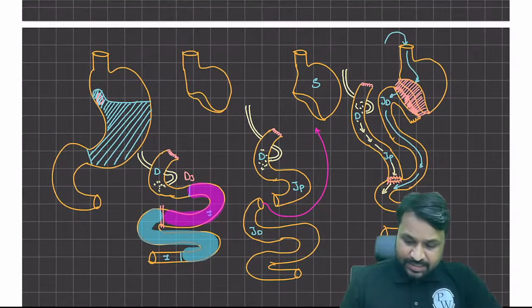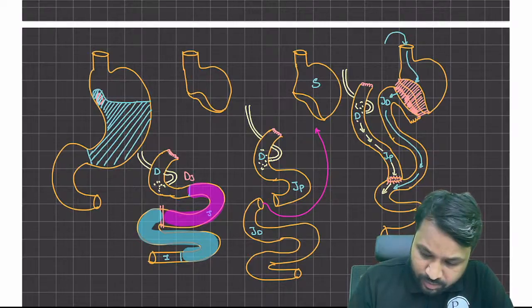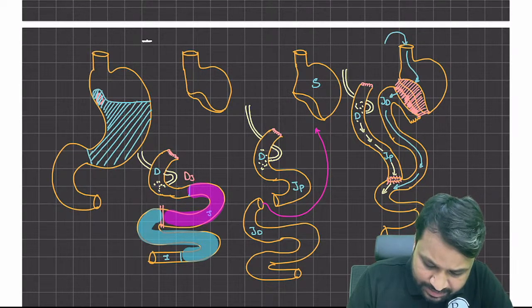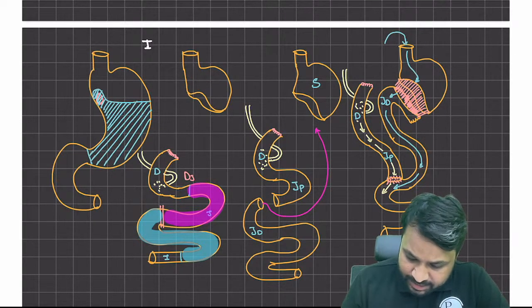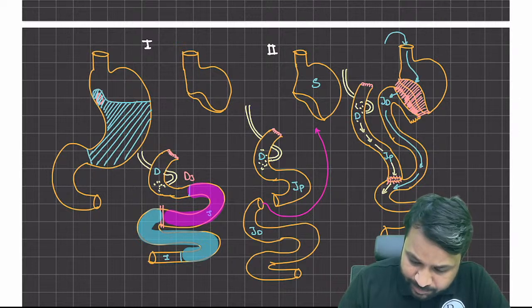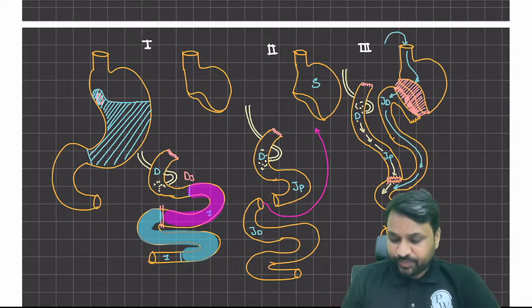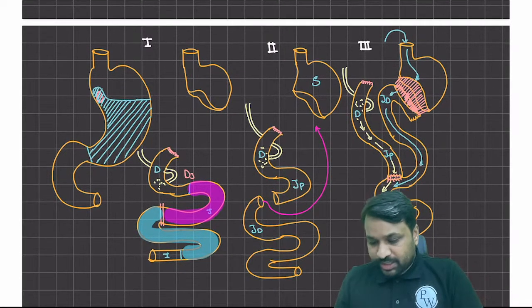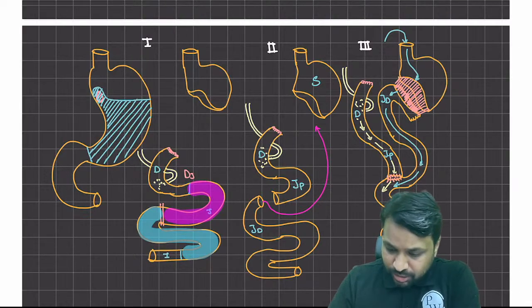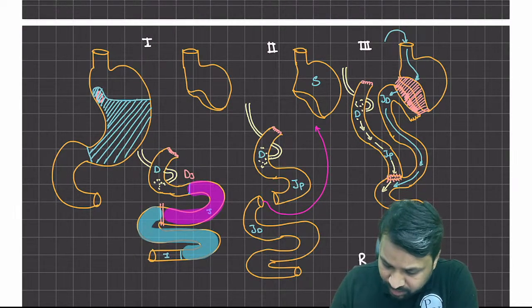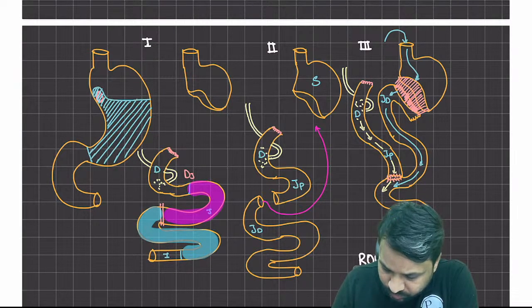If I just dictate them in the form of steps, this is step 1 where you have excised it. Step 2 you have divided. Step 3 you have made an anastomosis. Okay. So this is a fancy term to tell you that we have done a Roux-en-Y